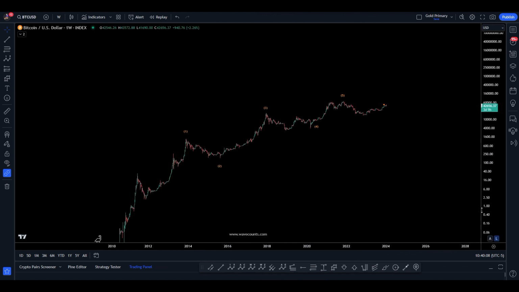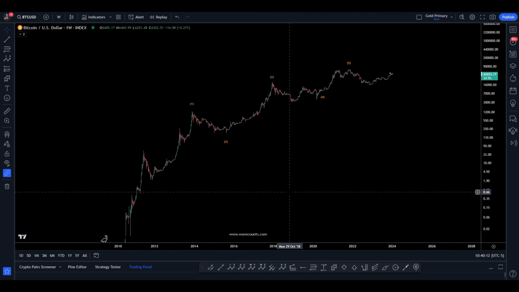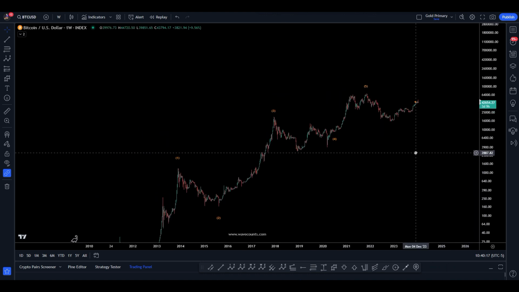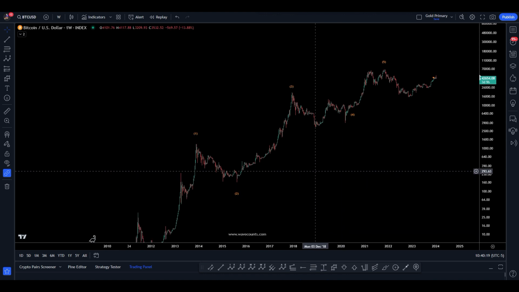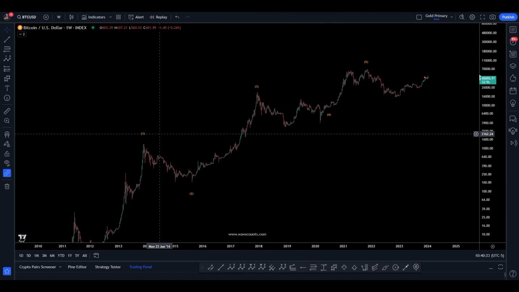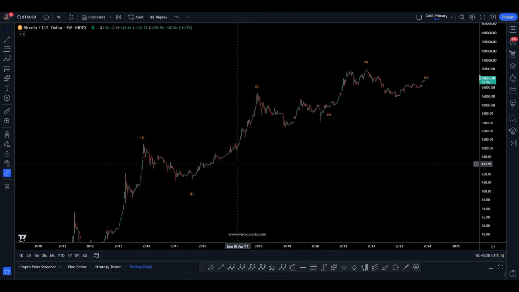Not every impulse has alternations. Okay, just means that most of them do. If alternation was a rule, then it wouldn't be a guideline. But of course, it doesn't give you a big warm and fuzzy if you don't get it. Regardless, we're working with what we're working with, and that's all we can do about it.